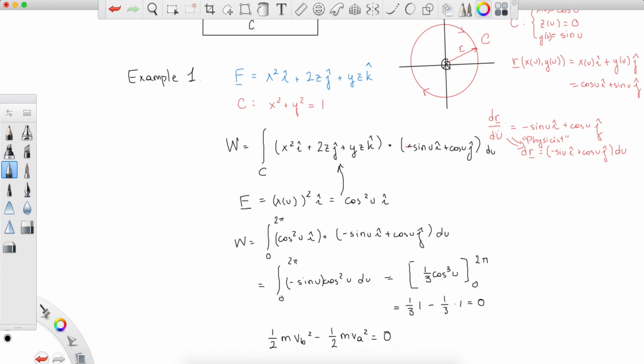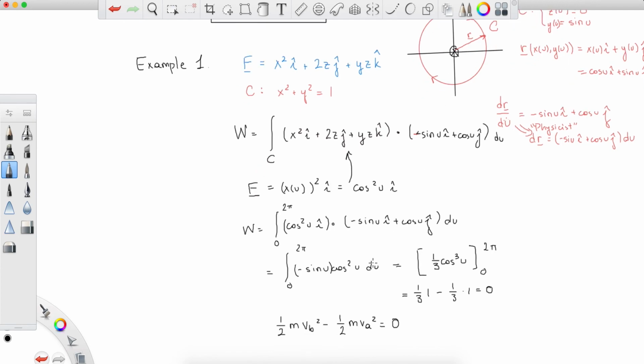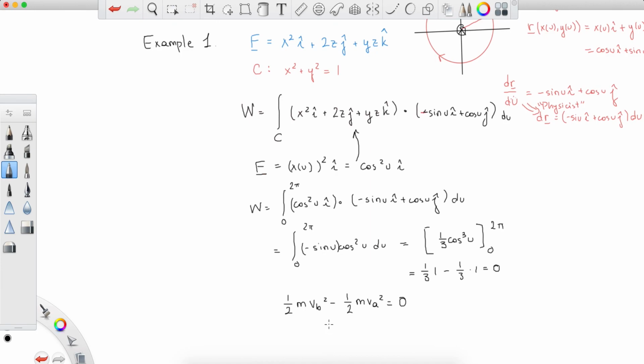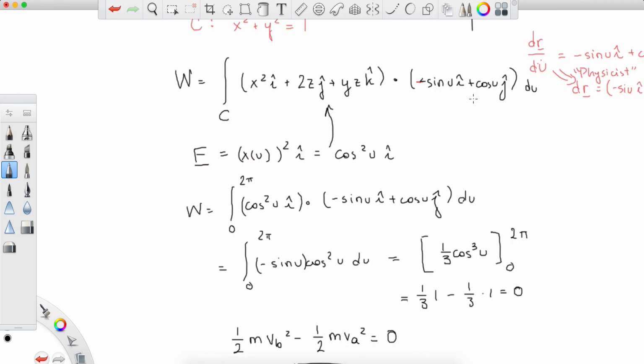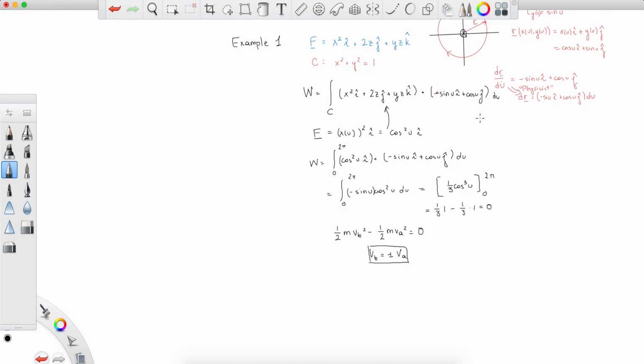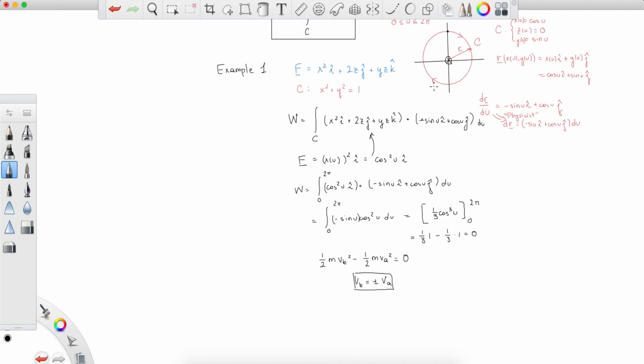And that makes sense. This is a closed path, right? Which means that A and B coincide. This is both A and B. So expanding from the work energy theorem, we find that VB is equal to plus or minus VA. This means that the initial velocity of the particle in the closed loop is going to be its final velocity as well. So hopefully that cleared up how to calculate a line integral. We'll do many others